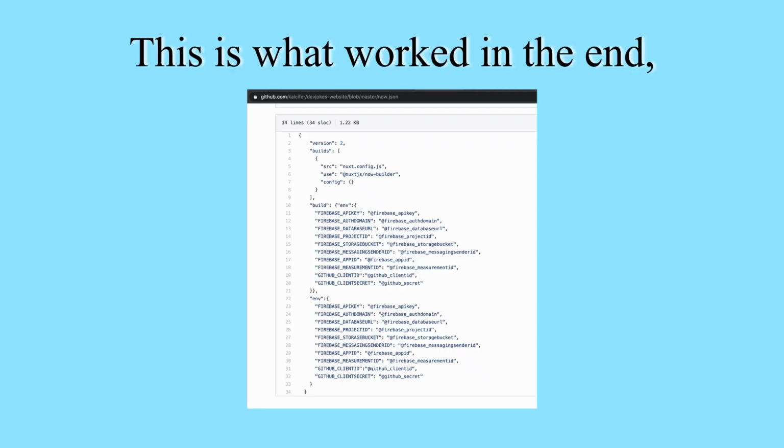So if you put them inside the build object, they'll be available at build time, which is when my Firebase integration needs it. But GitHub needs it during runtime, and this setup was not providing it the environment variables at the correct time somehow. So I added the same set of environment variables outside of the build object, and this somehow seemed to solve all my problems.